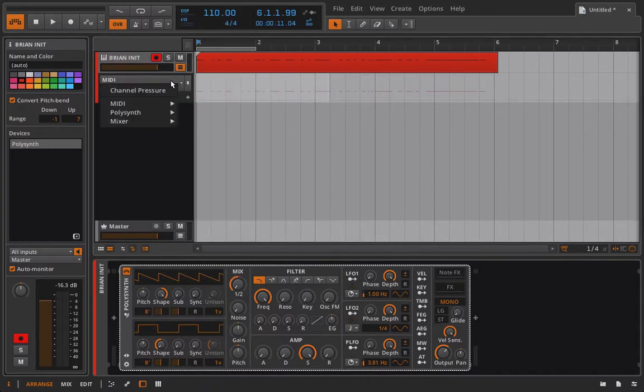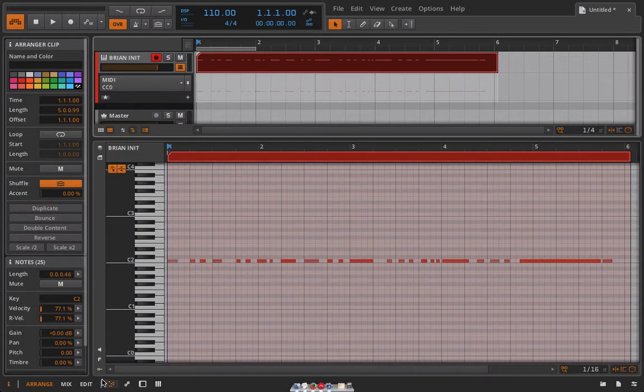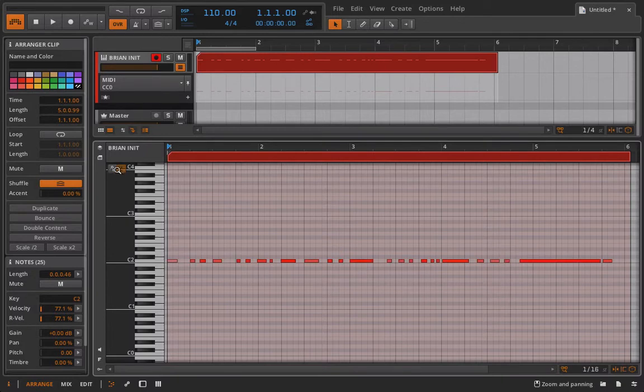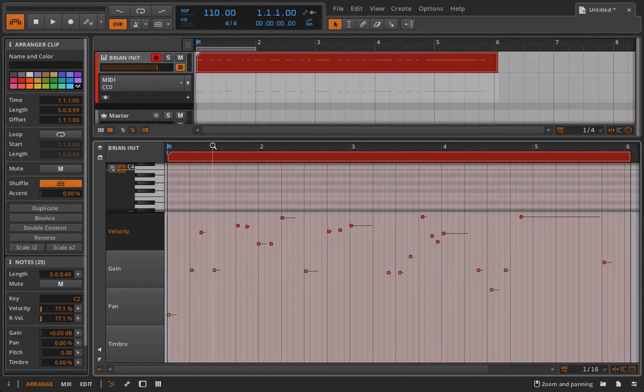probably like one of these early ones here in the CC, we're not going to see anything. And what I have to do is double click this yet again. I need to open up my expression section. I'm just going to turn off the pitch bend since I don't need to deal with that. To open up the expression section, you're going to click this very bottom little box here. And by default, it is set to velocity. So now if I play back,